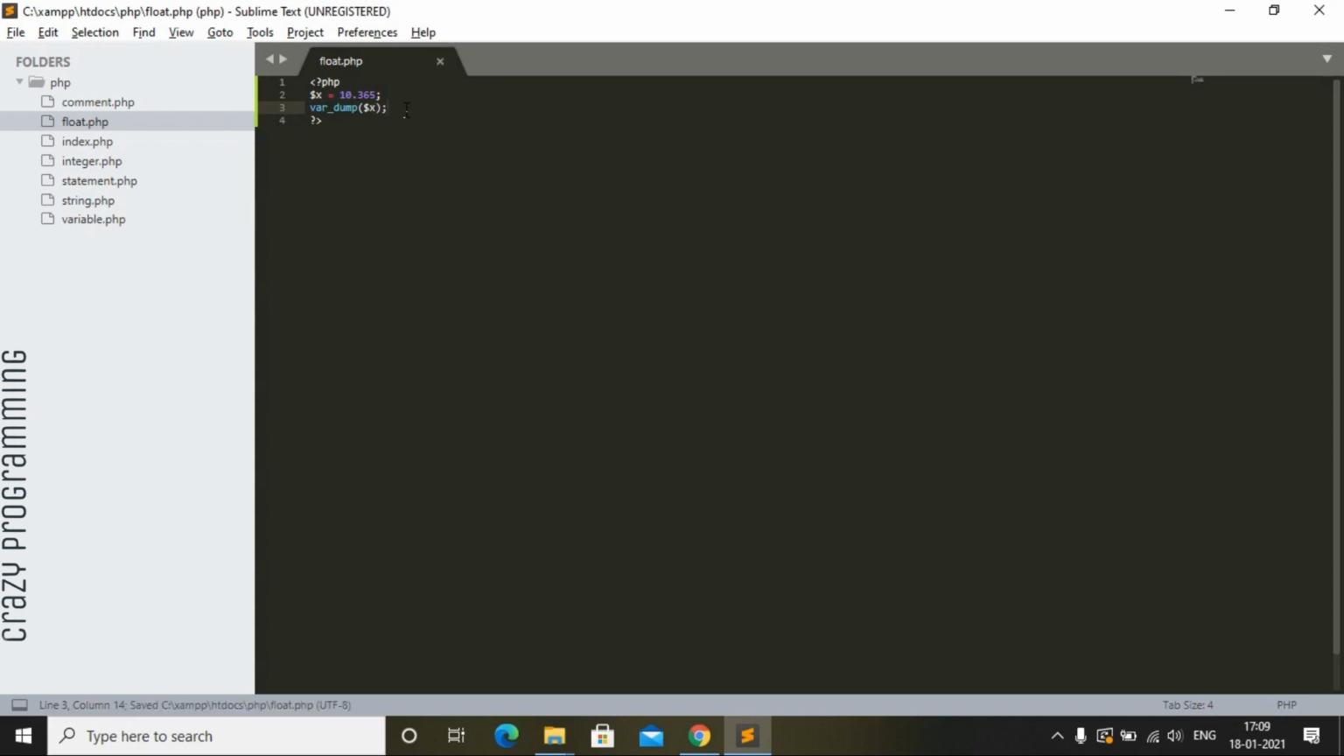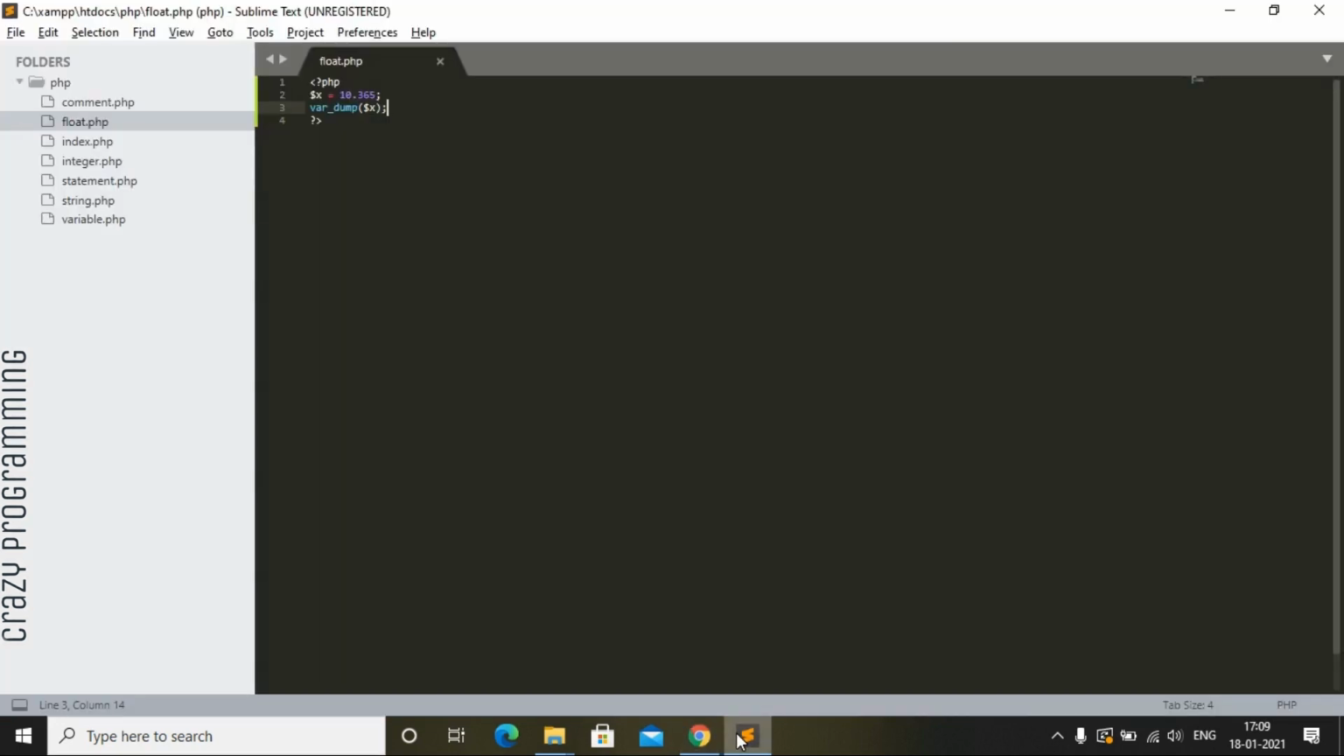Save it, refresh it. You can see it's shown the float data type is used and the value is 10.365. Okay,